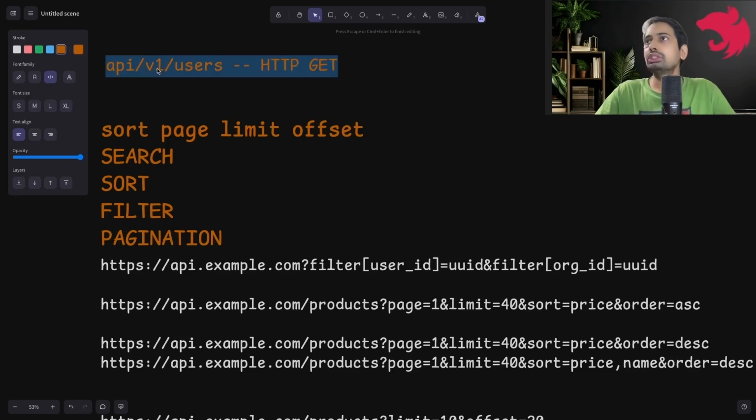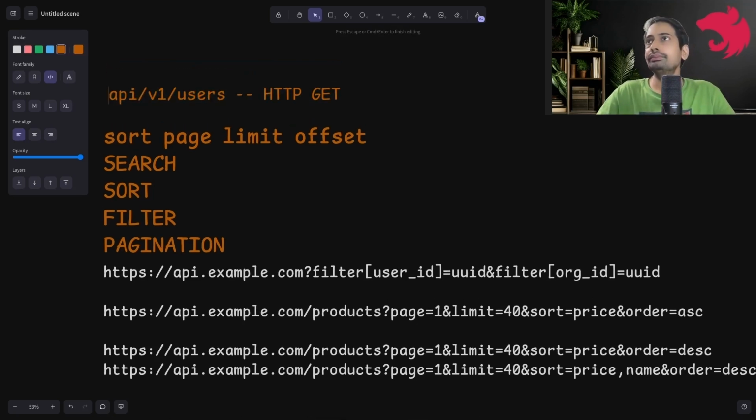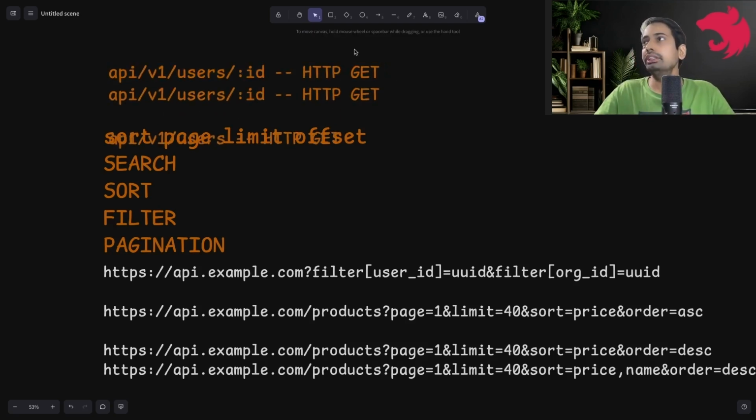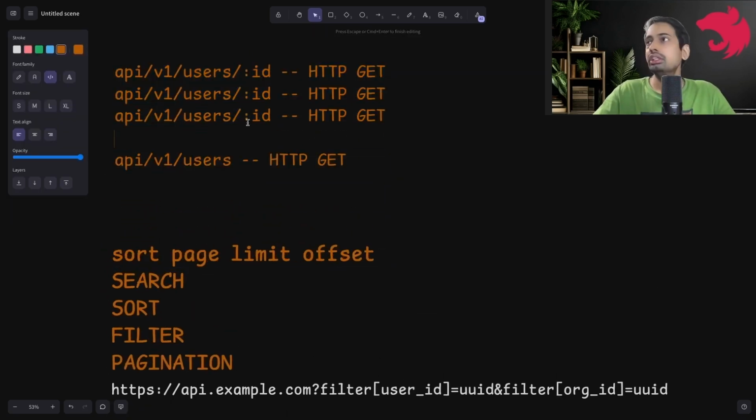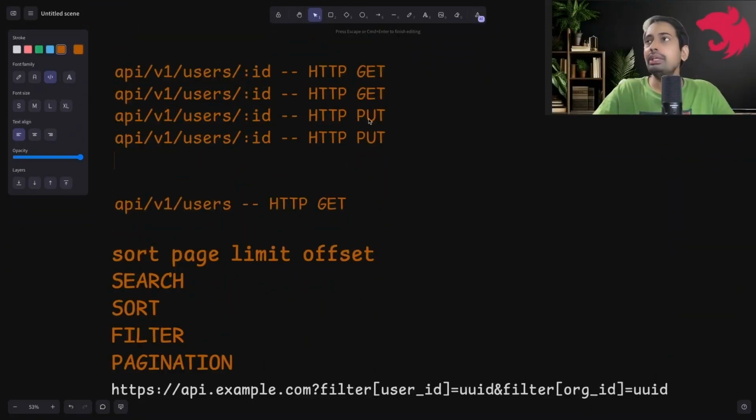Now, if you want to build another set of APIs on top of this, the user is a resource, right? Now you can get a user by ID, right? And then you can define get, put, post, delete, patch, all the other APIs on top of this. This ID is a path parameter here. It can be put, this can be get, and it can also be a delete API. REST APIs are based on the path. So user is a resource and these are the paths. So here it can be HTTP delete.